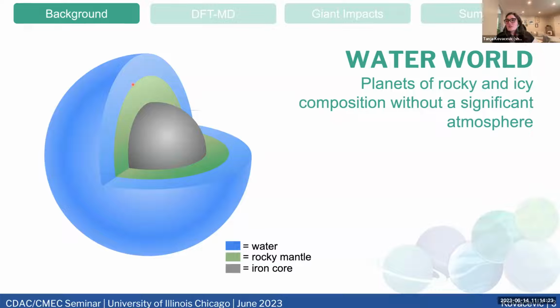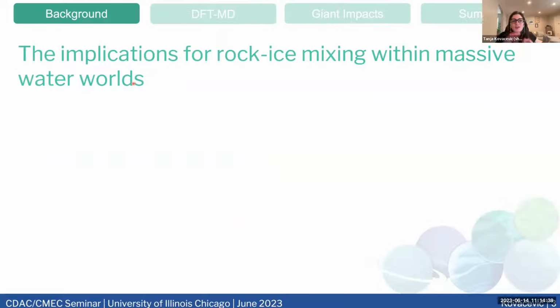And then if we look at other planets in our solar system, we're starting to understand, or maybe theorize, that planets are a little more fuzzy than we'd like to believe. So why not think the same with the interiors of these water worlds? Use the most state-of-the-art data and methods that we have. So what are the implications? Okay, cool. If rock and water are mixed inside these planets, what are the implications of that?